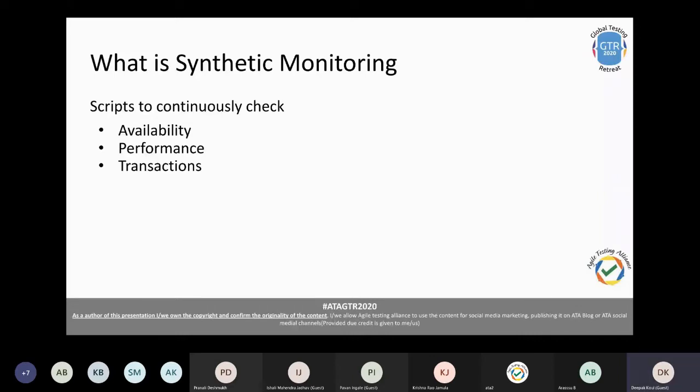The second thing is APM. Both synthetic monitoring and real user monitoring are client side, as I said. But APM is server side. So what you do is you run some kind of plugins or agents on the host, either a container or a pod or a VM or a physical machine where your application is running, and then you continuously check through different live graphs and dashboards the performance of CPU, memory, and other computing resources.